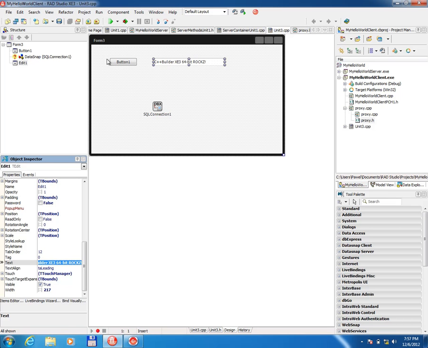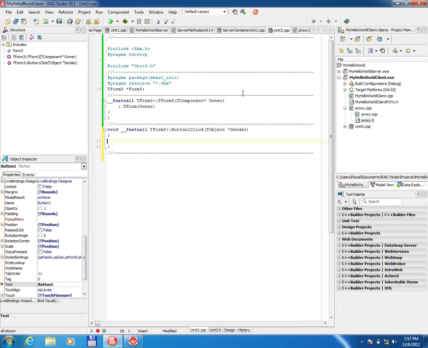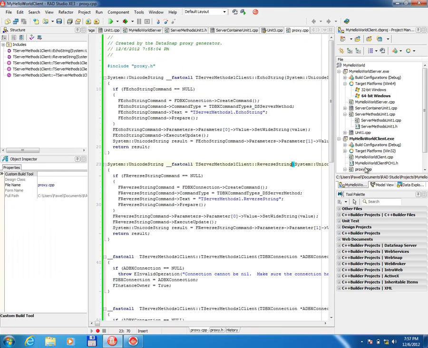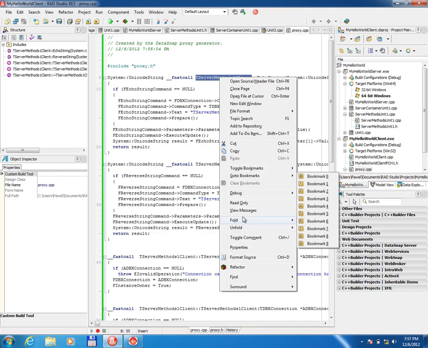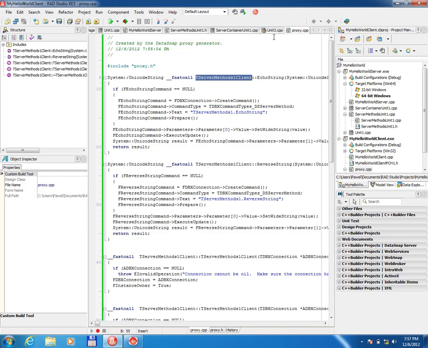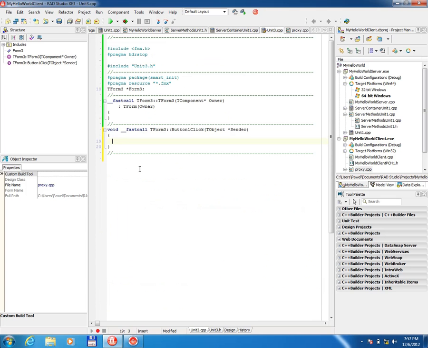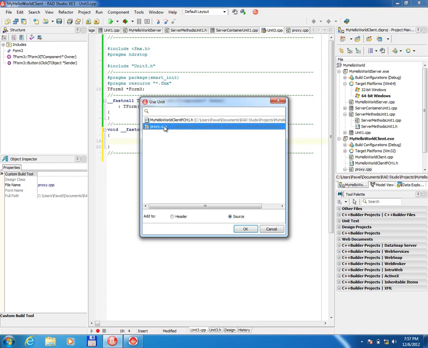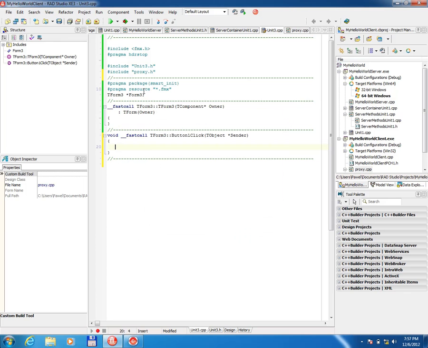So now I'm going to double click on the button, and here, in order to use classes from my proxy unit, I need to add this proxy header file as an include to my form files. To make it easier, in my Unit3 I can just go and say Use Unit, choose proxy.cpp and click OK. This is an easy way to quickly add this one include line, and now I can just define